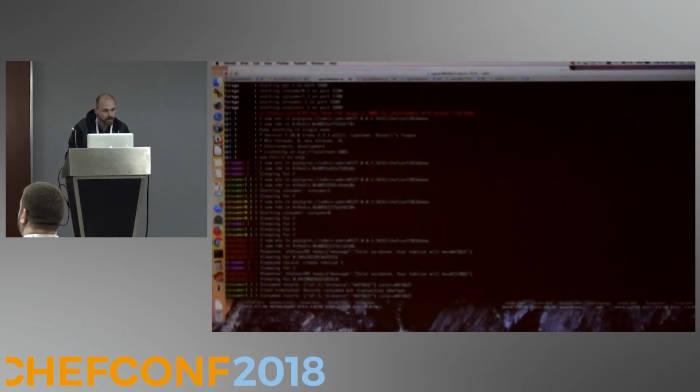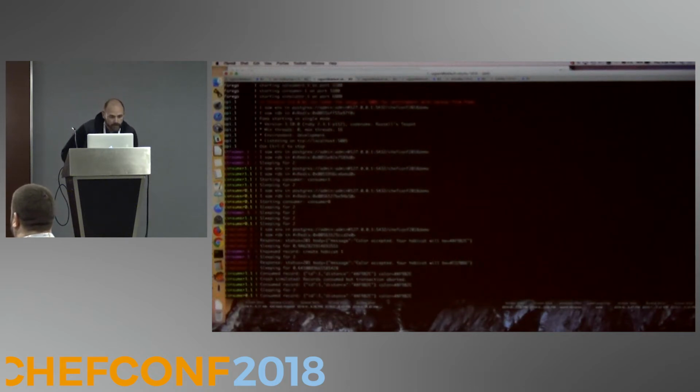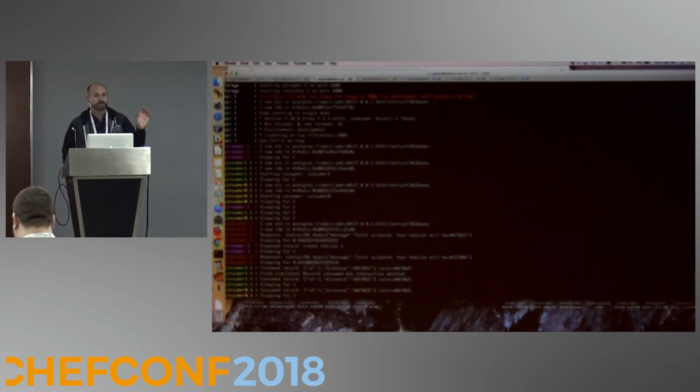Then we have a couple more types of processes. We have multiple consumers which have identical code, so they're both consuming from that same stream. And then we have the streamer, which, like I said before, is moving the records from the ephemeral side of the system to the permanent side of the system.